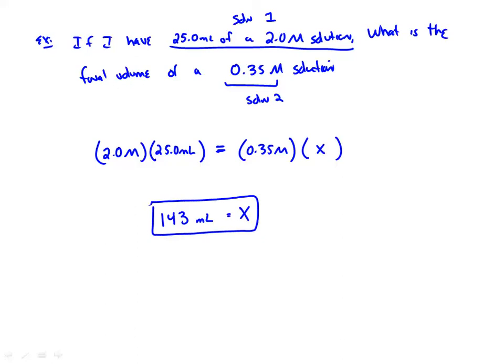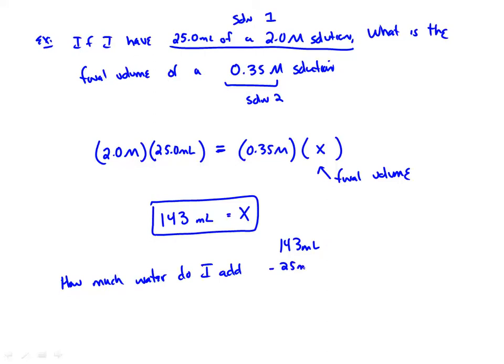So what that means is that I can make 143 milliliters of a 0.35 molar solution. Now, here's where we have to be careful. Notice that this is the final volume, right? How much water did I actually add to that solution? Well, I have 143 milliliters as the final volume, but I started off with 25 milliliters, so what's that divided